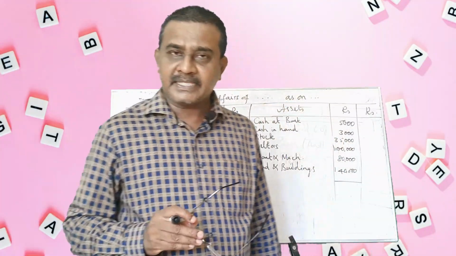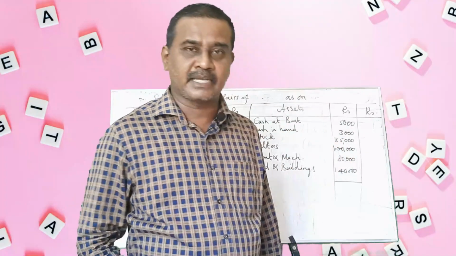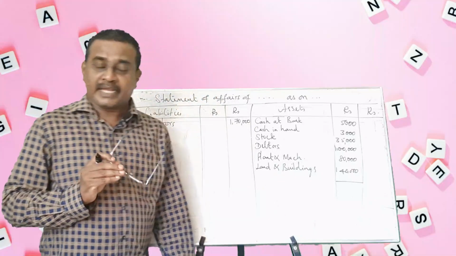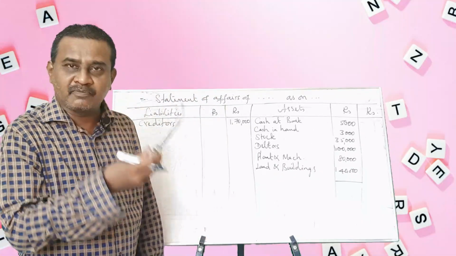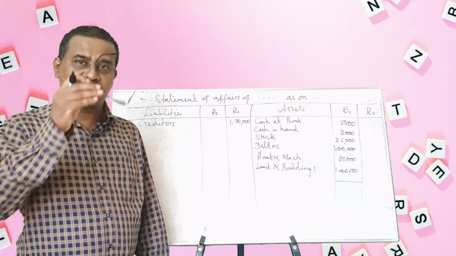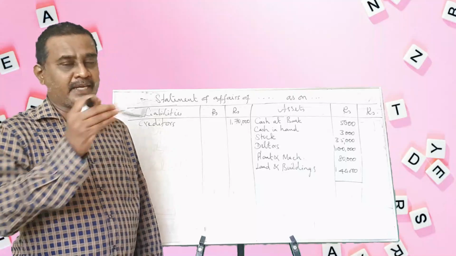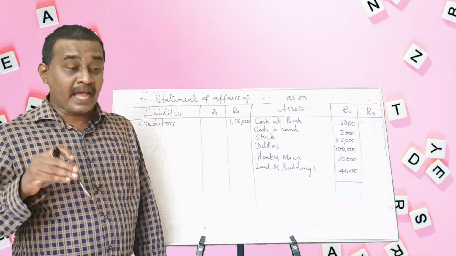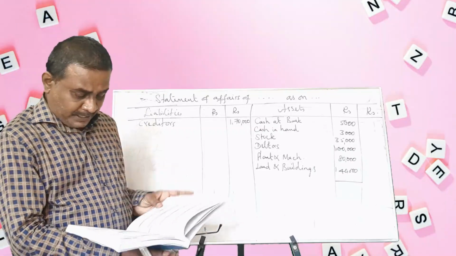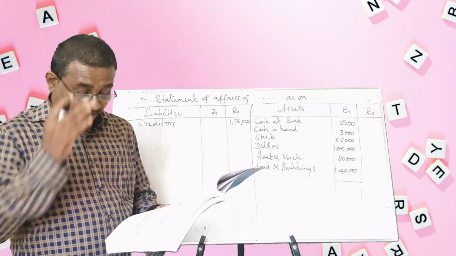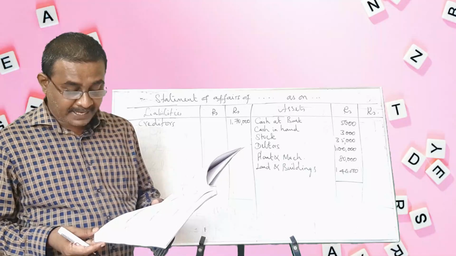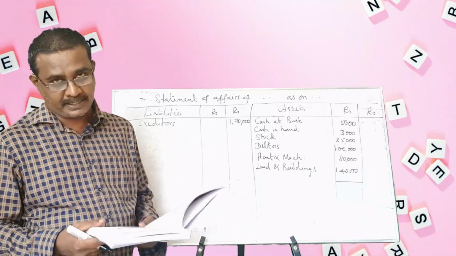Students, what makes the difference between the previous sum and this sum? You have to see. In the previous sum also, they have given two columns and two column figures, opening balances and closing balances. In this problem also, they have given two columns and opening balances and closing balances are given. And after that, here some adjustments are given. For example, create provision of 5% on debtors. This is an adjustment. And another adjustment is plant and machinery is to be depreciated at 10%.